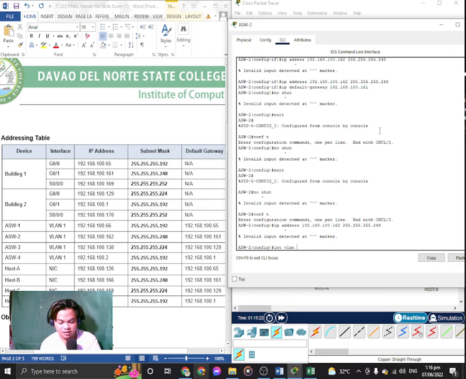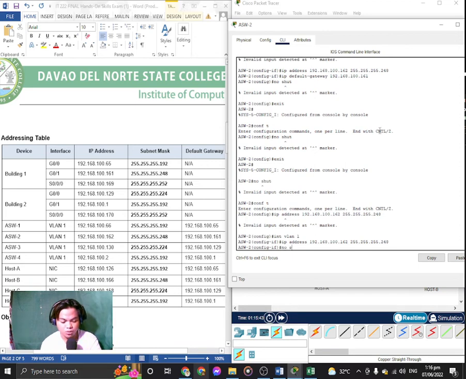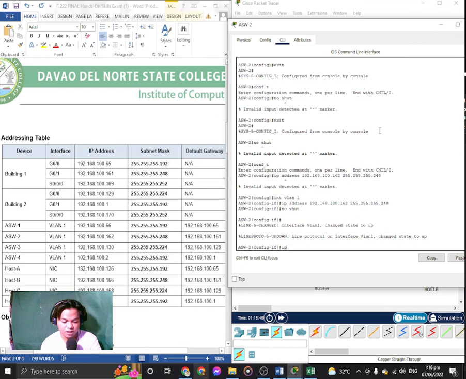And VLAN 1, and then IP address, sorry nalimutan lang, IP address, and then 192.168.100.162, 255.255.255.248, and then no shut. Okay, good. And then for the IP default-gateway,